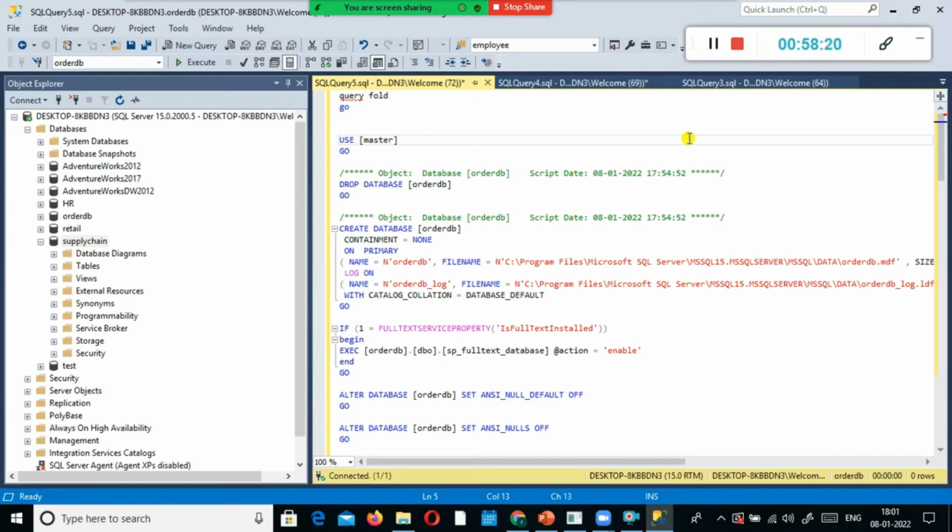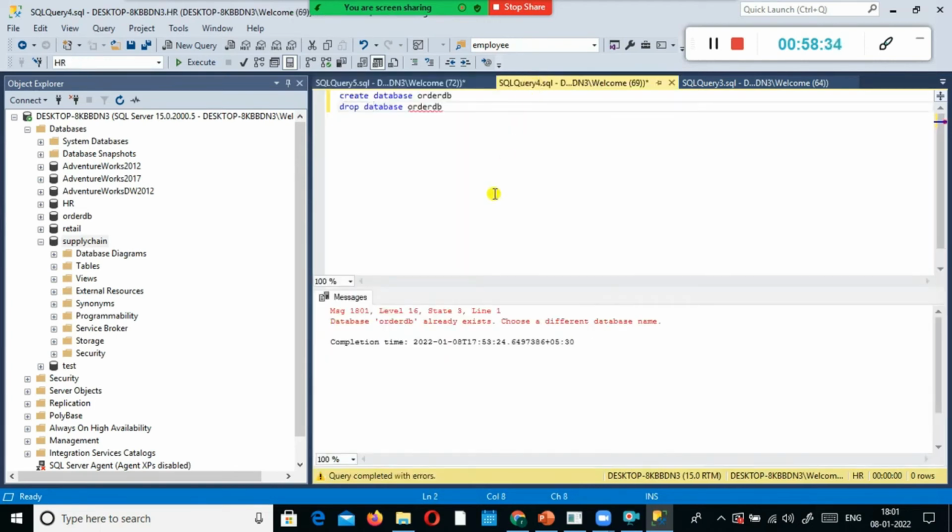Okay, so now you would have understood how to create the database using the keyword, how to create the table using the keyword, how to insert data using a keyword, and also how to generate the script using the menu option here. That's how you understand. And also the delete command, and we have another command called truncate.